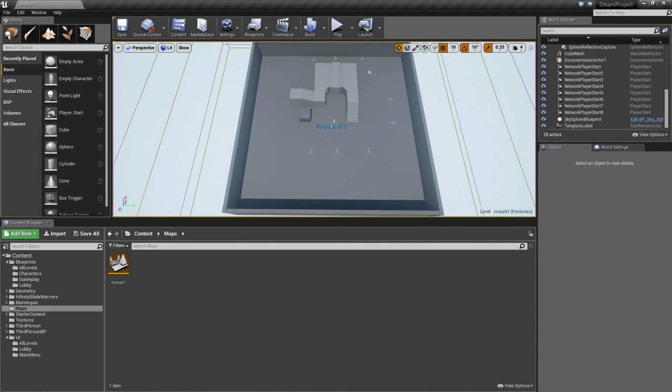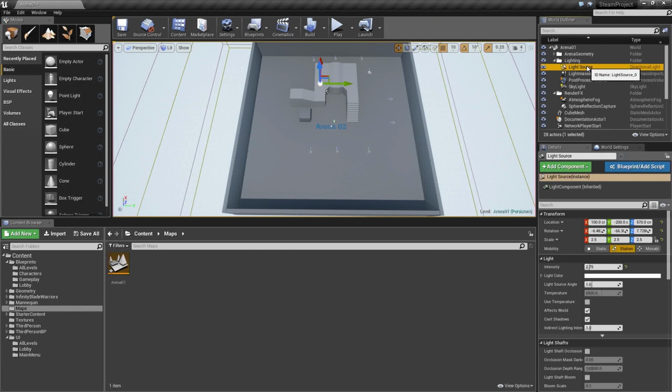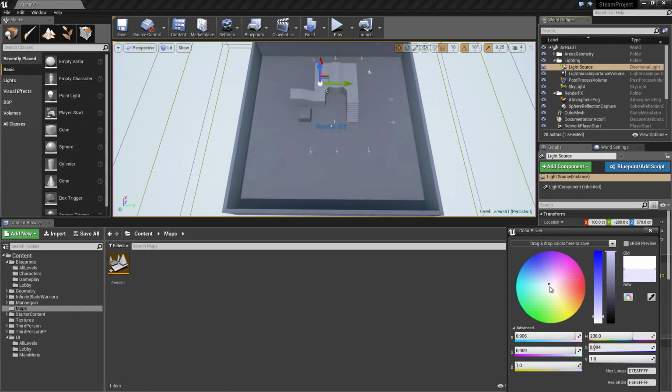What I'll do now is change this text to say Arena 02. So it's a different one. And we'll also go to the light source. Is it a directional light? Let's see. Light source. Light color. Yeah. So we'll take the light source and we'll just change the color just to give it a different look. Something like this. Maybe it's sunset.